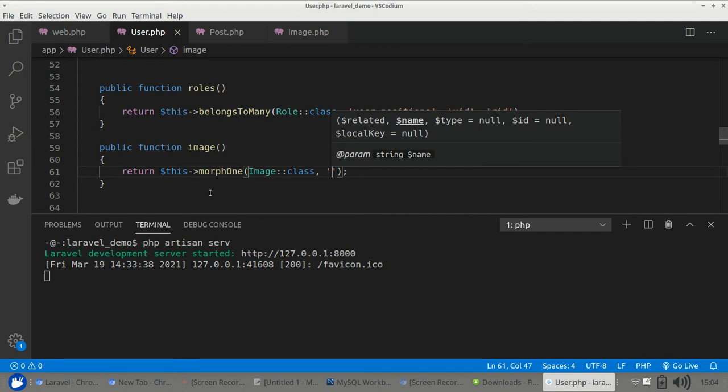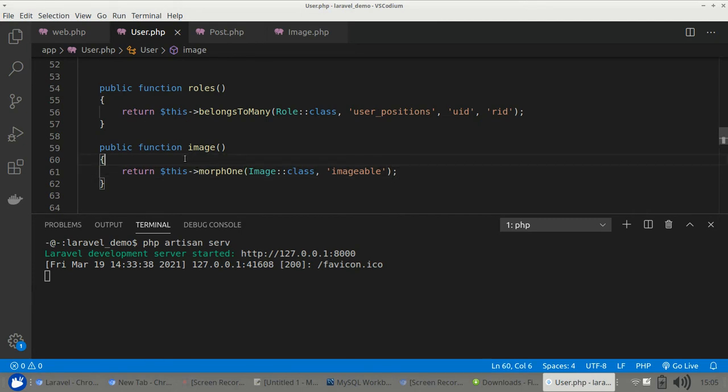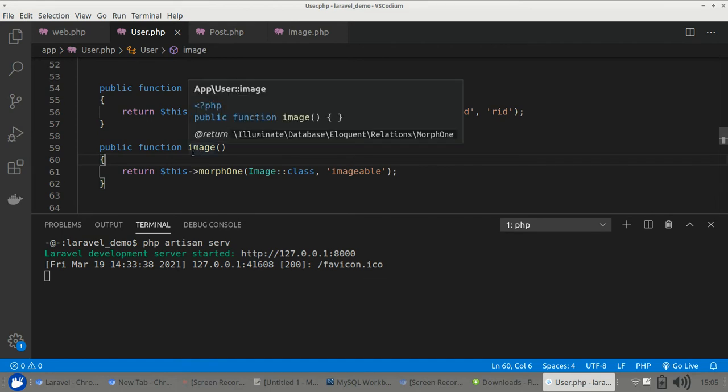It can be anything, but for simplicity let's pass imageable. We will discuss more on this. For now we are passing imageable, and that's it. We are good to go. And now when we fetch the user,